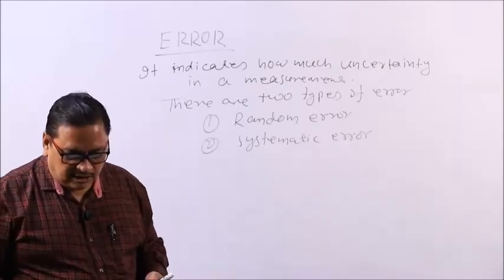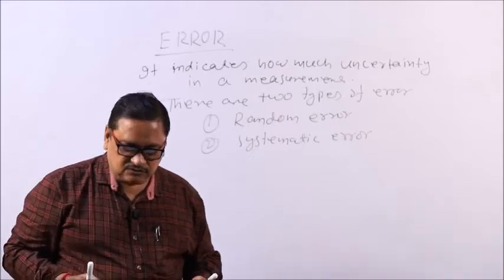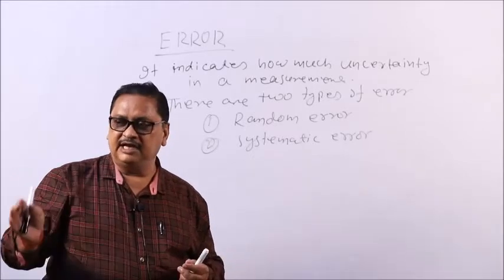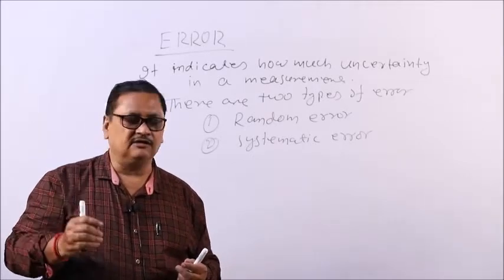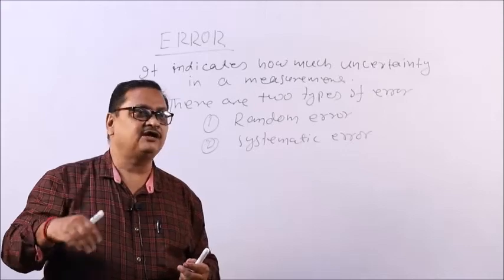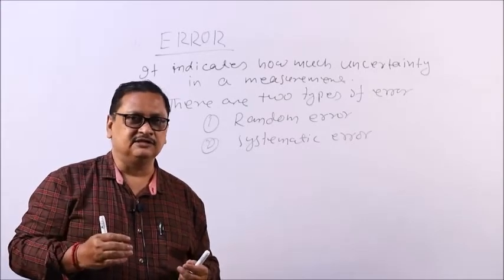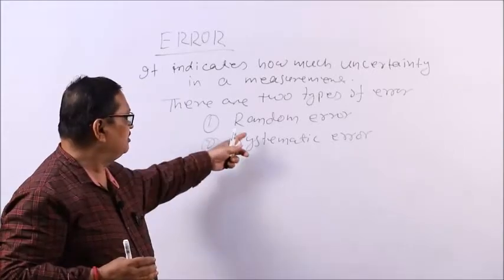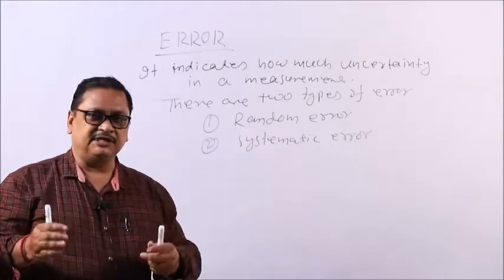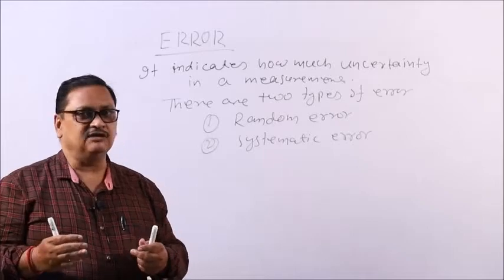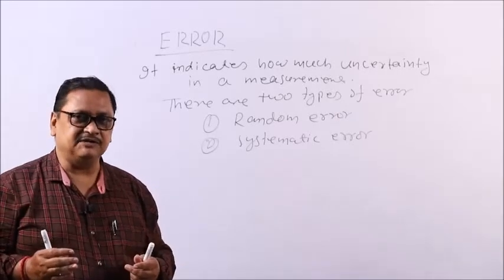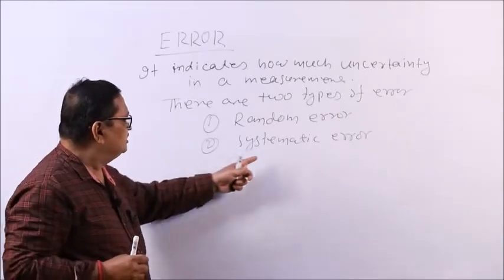So, how will we eliminate or reduce this error? We have to take repeated observations. So, the remedy for random error is that we have to take repeated observations and finally find out the average value. But in systematic error